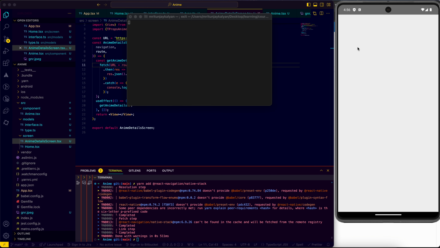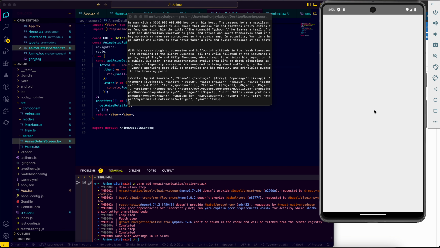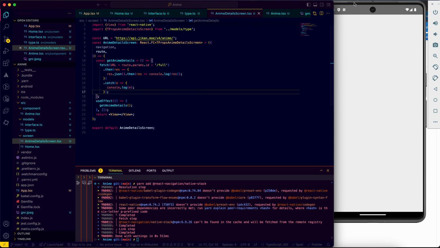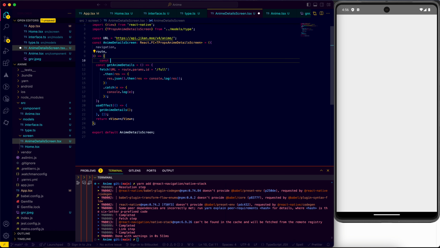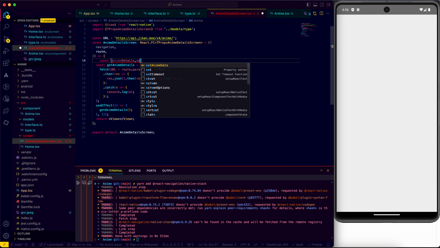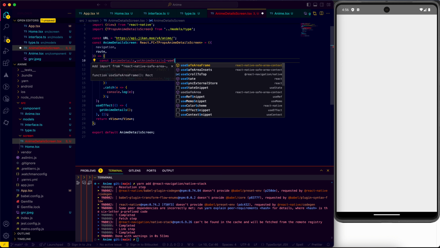Let me clear the log, and if I go back and click on this anime, you can see that we are getting some data, right? So let's try to use that data and render a couple of things in our UI. In order to do that, we obviously need a state, so we'll call it anime details, and we'll have a setter function, anime details is equal to useState,